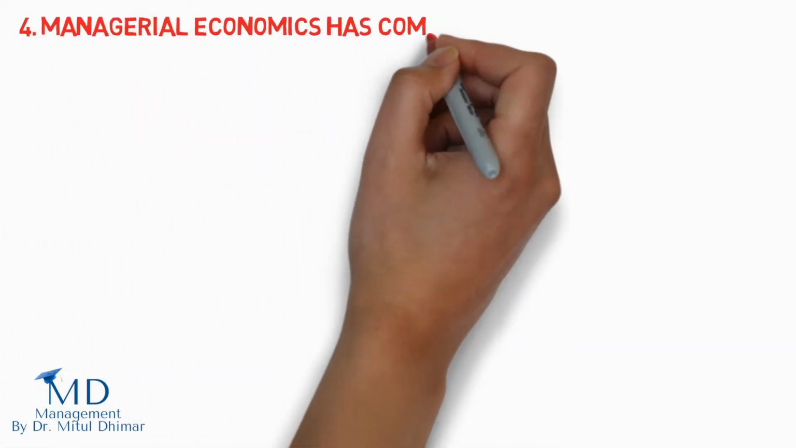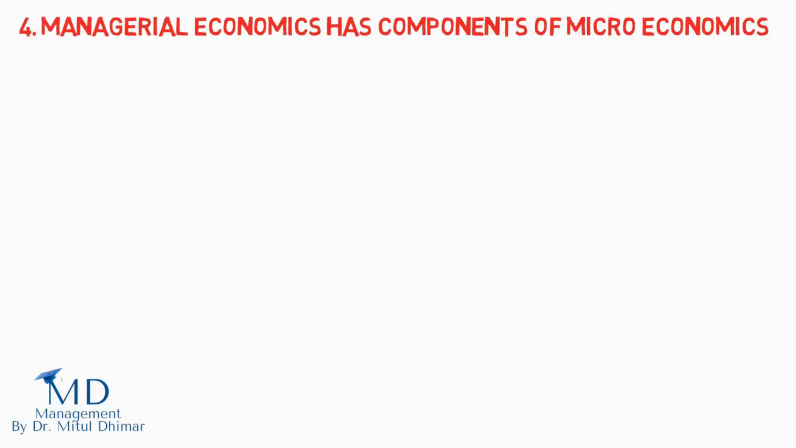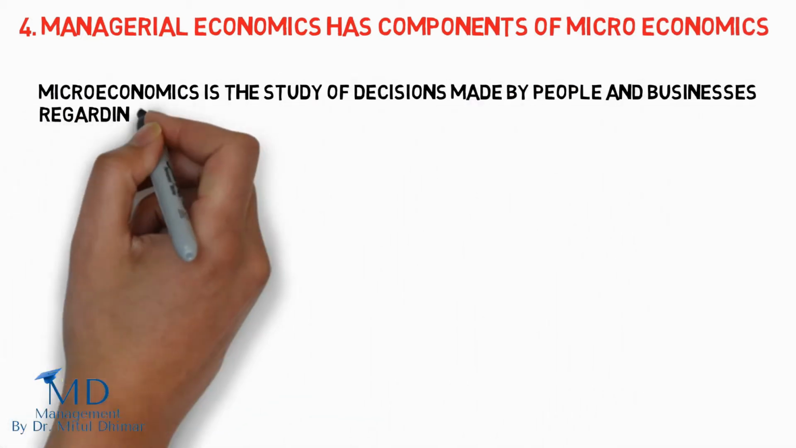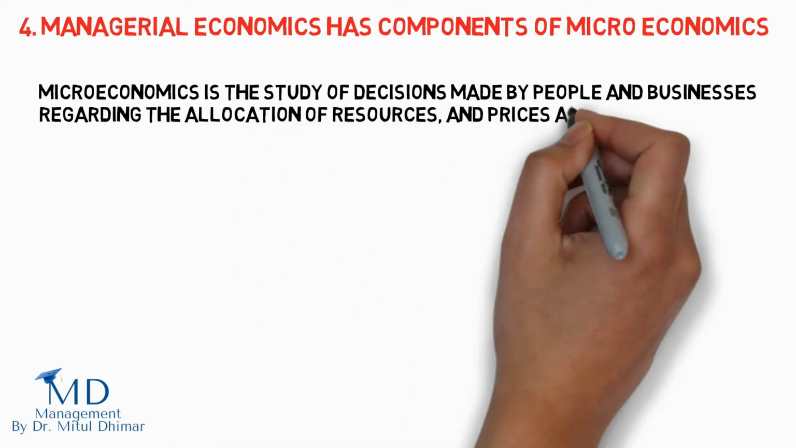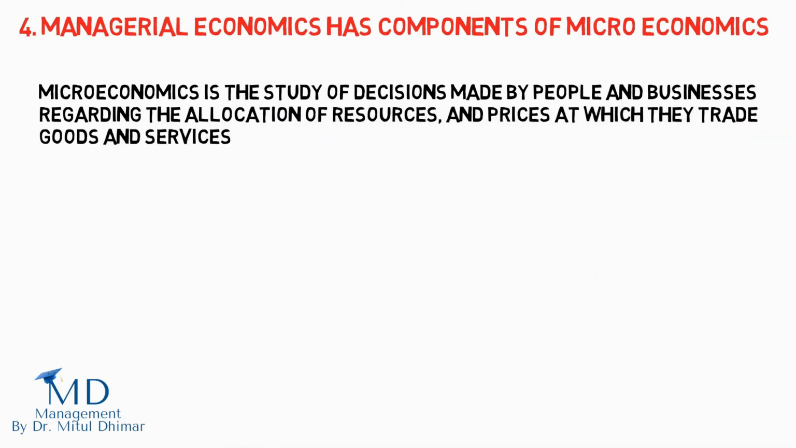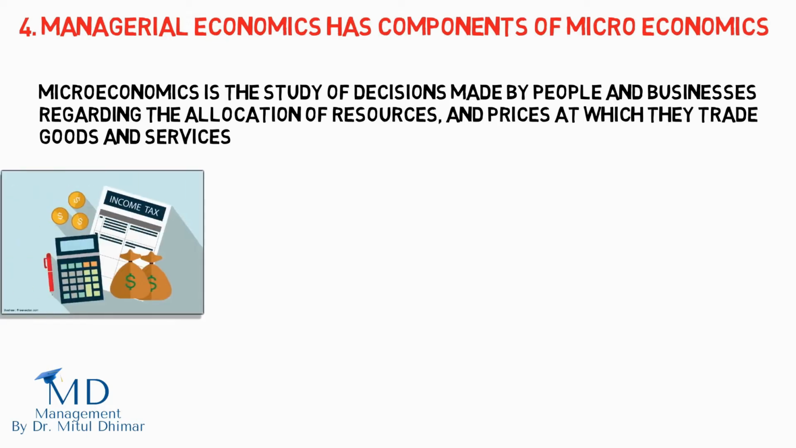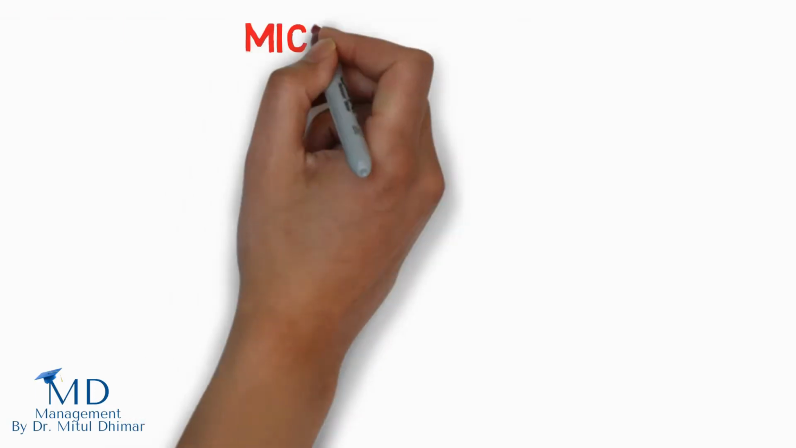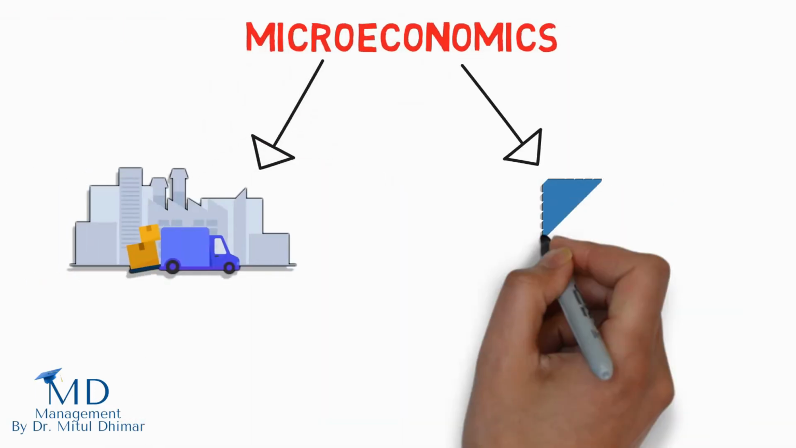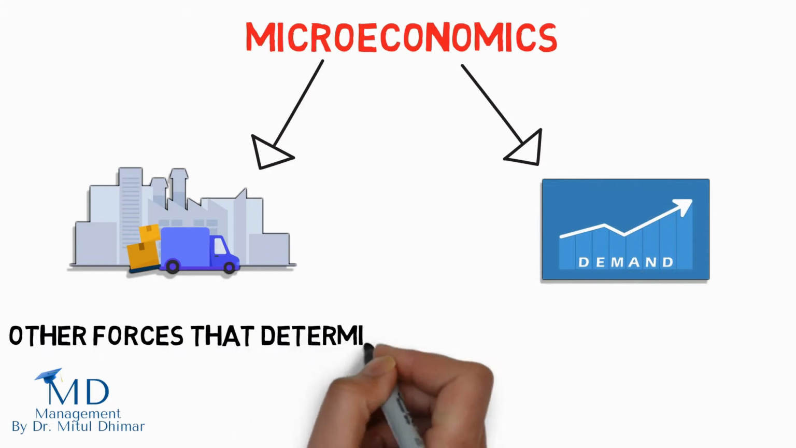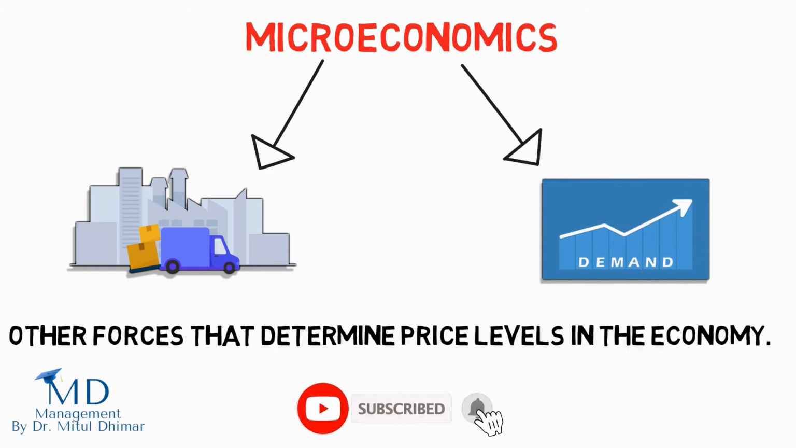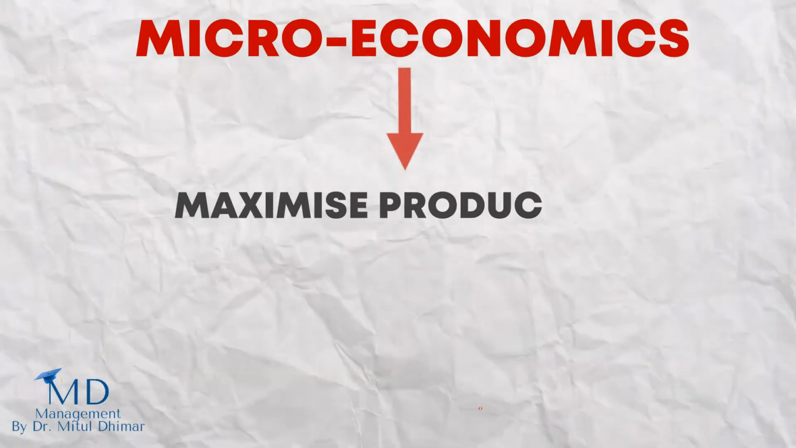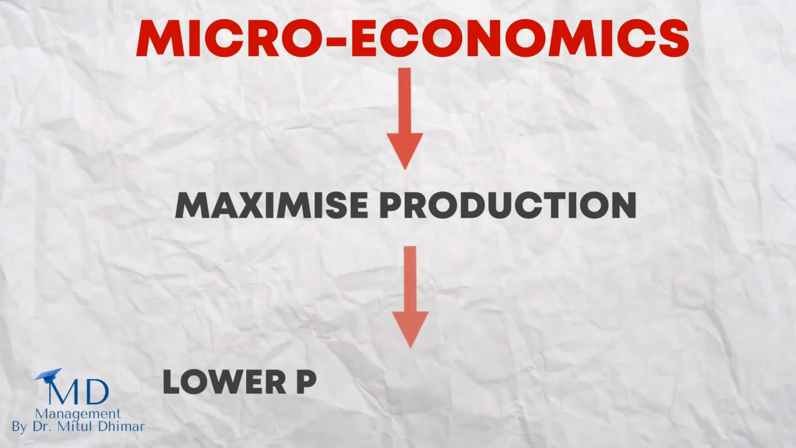Managerial economics has components of microeconomics. Microeconomics is the study of decisions made by people and businesses regarding the allocation of resources and prices at which they trade goods and services. It considers taxes, regulations, and government legislation. Microeconomics focuses on supply and demand and other forces that determine price levels in the economy. For example, microeconomics examines how a company could maximize its production and capacity so that it could lower prices and